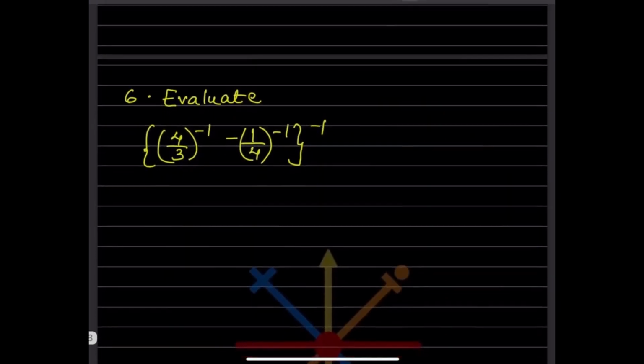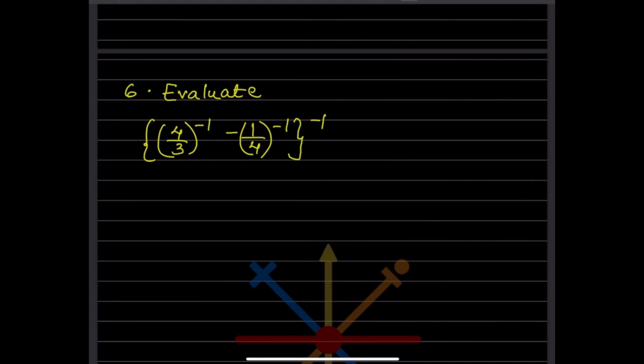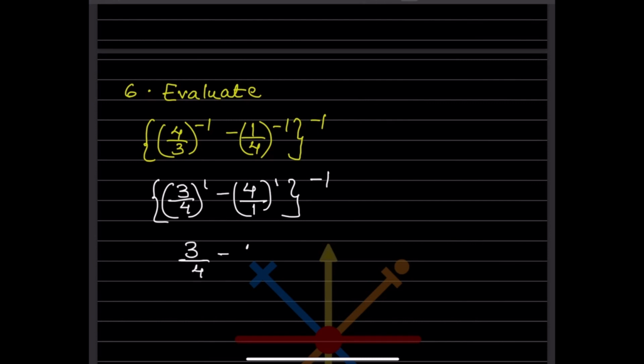Now let us see the next one. Again you can see here the exponent is negative, or you can make it positive by flipping over. This is also negative, so you will flip over, and you will put a bracket over here, keep the first as it is. So now what will you do? 3 by 4 minus 4 by 1. So now first thing you can just put here that 1 will be the same, so you are going to put here.